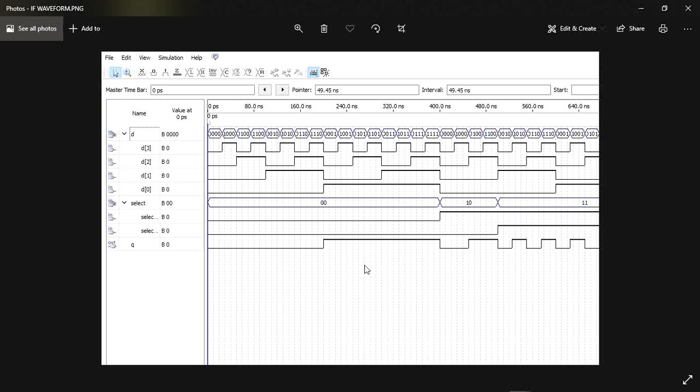Now you can see here, we use selection lines and 4-bit operators. If I'm giving 4 bits to the input and all the selection lines are 0, then our output is 0. If I am giving an input like 1001 110, and our selection line input is 0, then our output is 1.